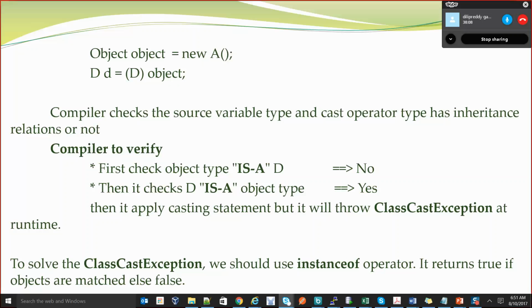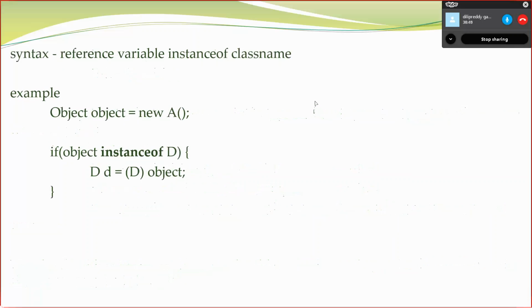See, if this object is instanceof D, then assign it, otherwise it will not assign. This is the use of instanceof. So for today, this is all we have for class type conversion. Tomorrow